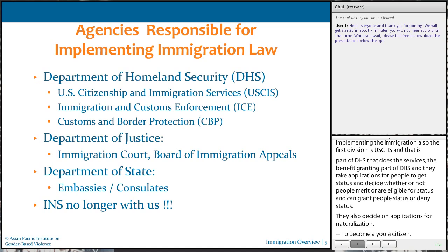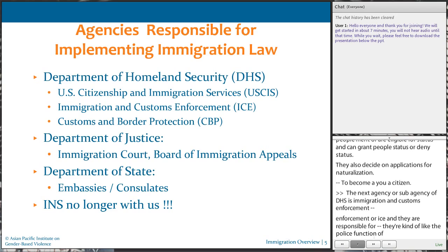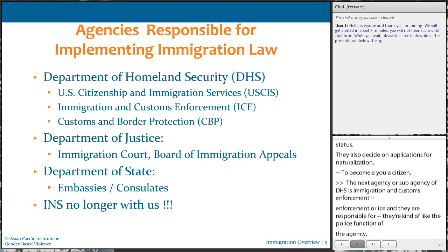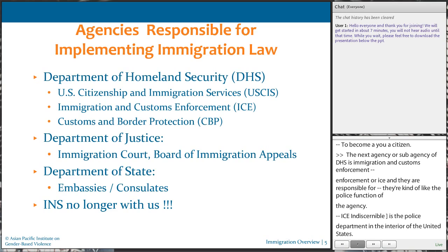The next sub-agency of DHS is Immigration and Customs Enforcement, otherwise known as ICE. They're kind of like the police function of the agency. Like USCIS is the benefits part, Immigration and Customs Enforcement is the police department in the interior of the United States. And so they determine whether or not somebody's violated the terms of their status or is here without authorization, and they're the ones responsible for deportation of individuals. And so that's often the agency that we are talking about when we're talking about people being afraid of